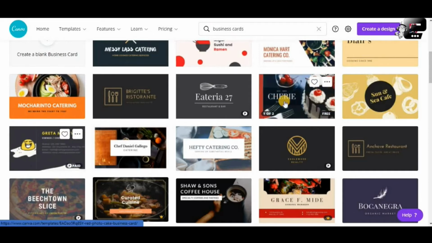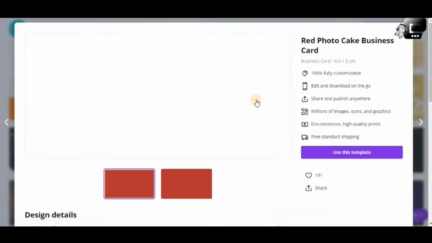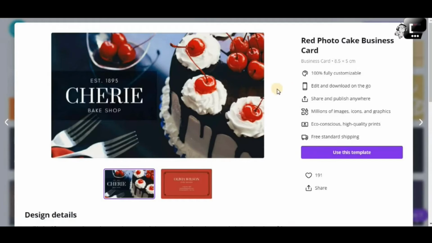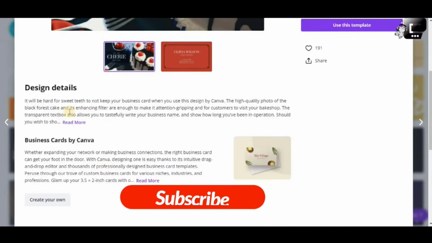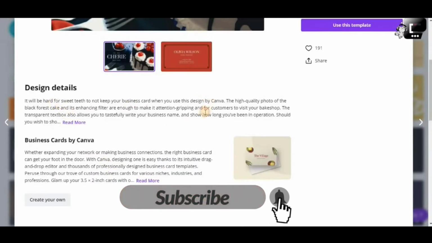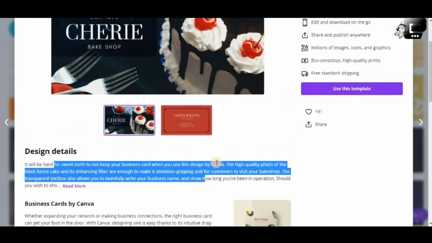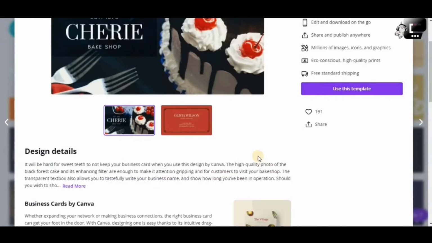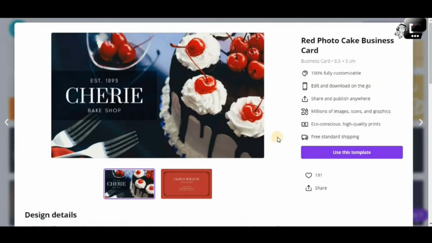It says here it's free. You click on that and a pop-up box will open. For the template you have chosen, you can see the back side and the front side, and of course the details about the template that was designed for you by Canva.